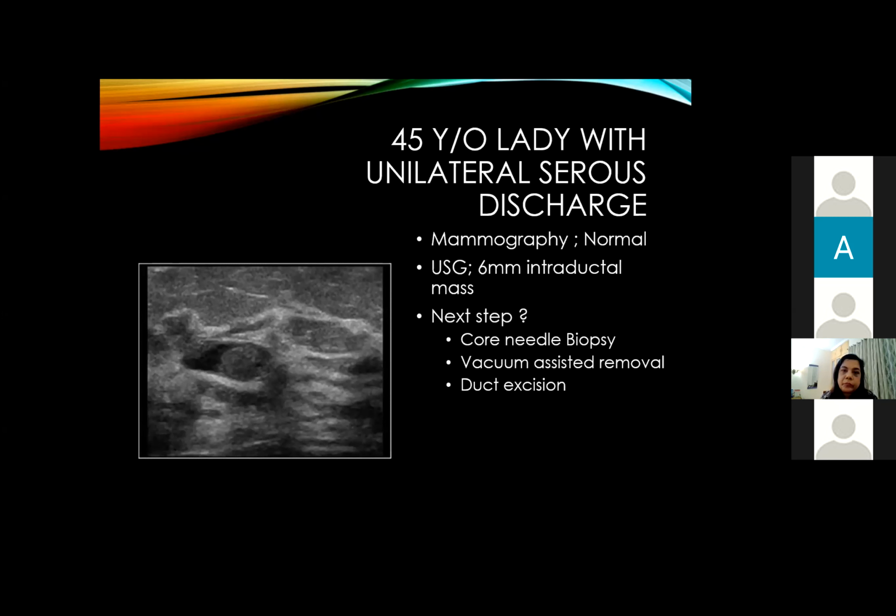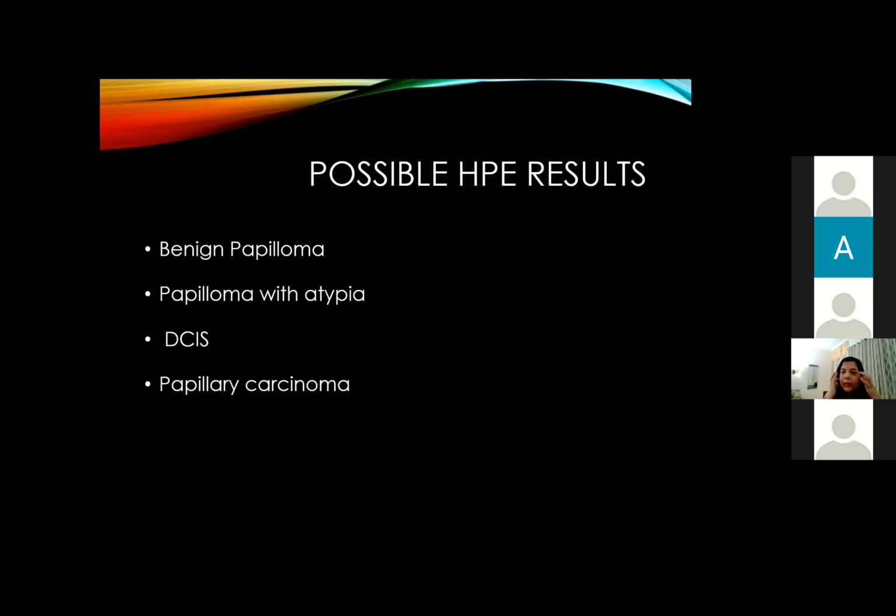Let's go to that. So after we've done a core needle biopsy, the possible histopath results are basically, I have simplified them, though the pathologist has the luxury of really going into the details and seeing so many types of papillary lesions. But for the radiologist, let's call it that it is going to be either a benign papilloma with atypia, or it is DCIS, or it's a carcinoma. So things are very simple with these three categories. Here, there is no doubt that when you get a histopath result like this, they have to be excised.